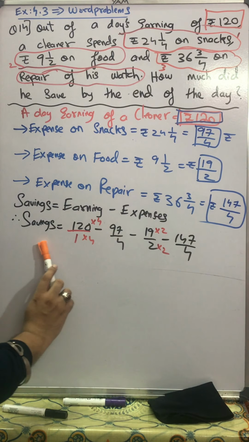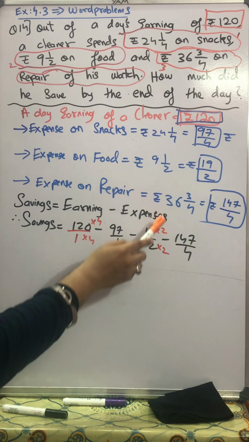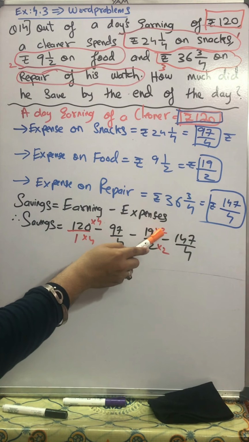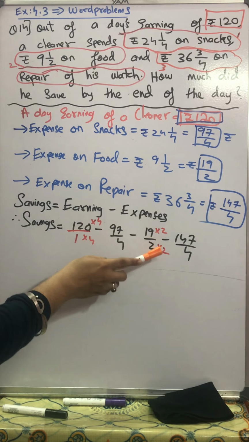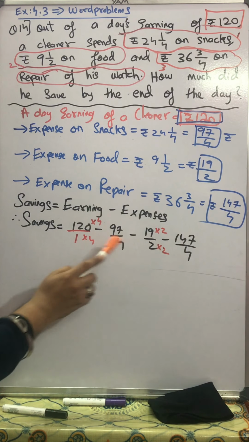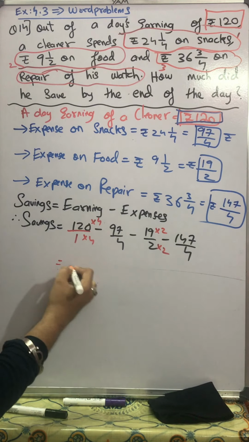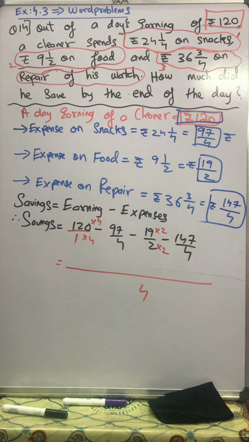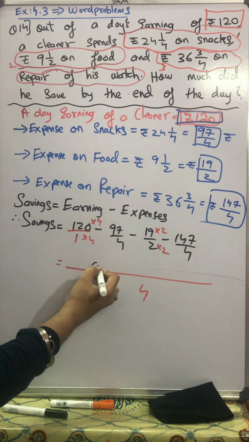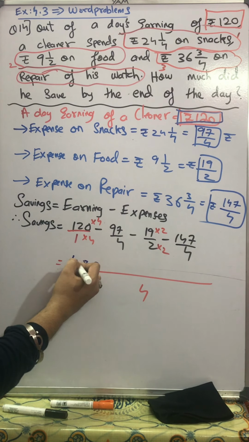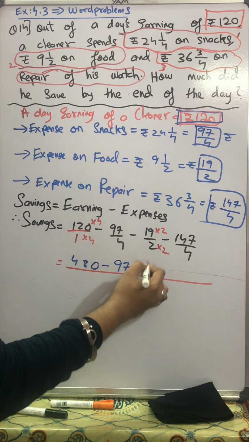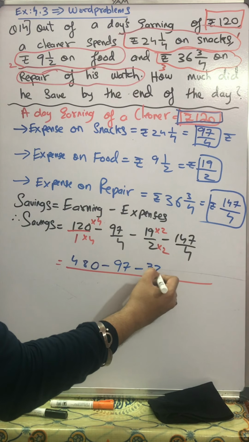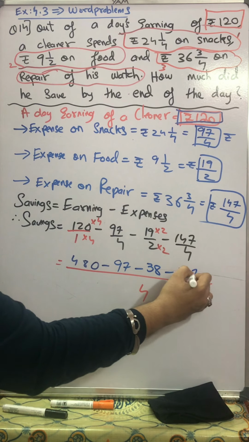So here I want to make all the denominators 4. So 2, I multiplied numerator and denominator by 2. So up it will become 38, but I am not bothered about the numerator. Now the denominator becomes 4 and this also becomes 4. So now common denominator 4. Let's do it now. 4 zeros are 0, 4 twos are 8 and 4 ones are 4, minus 97, we have not done anything, minus 19 twos is 38, minus 147.